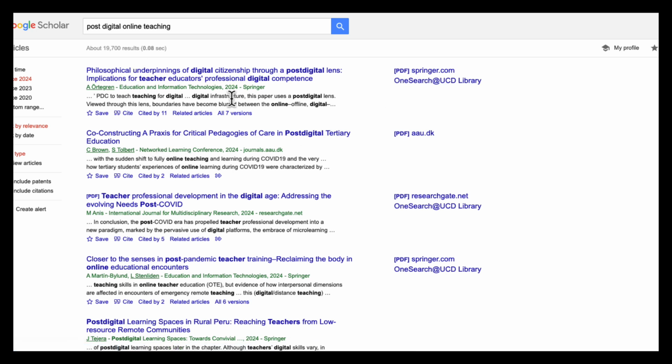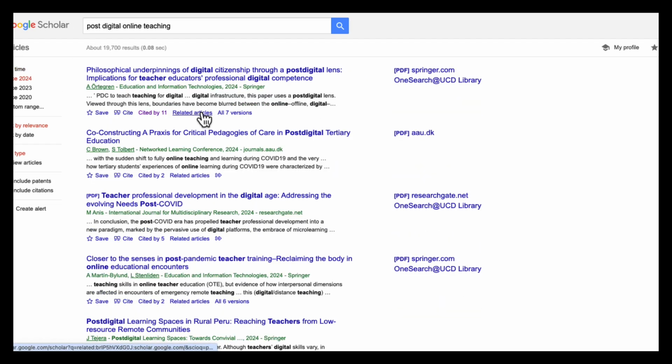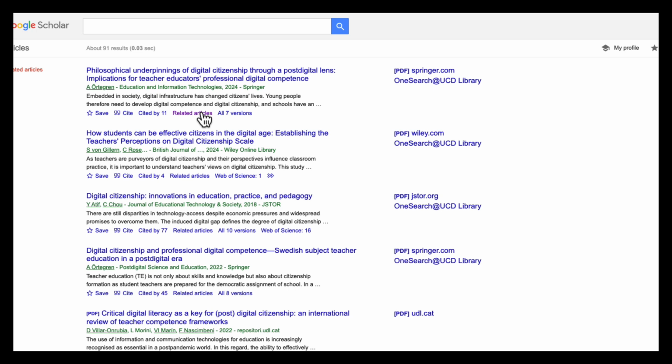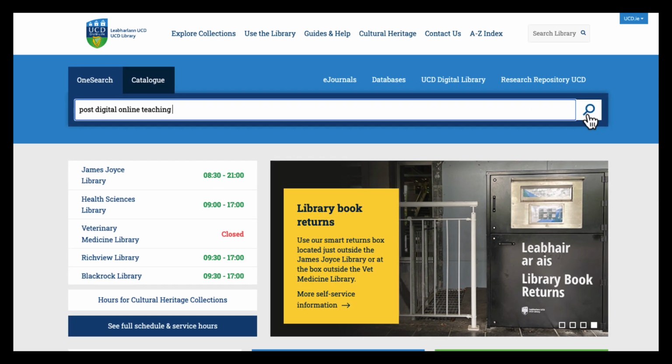Additionally, if you find an article that you like, let's say I like this first one here, there are in Google Scholar some great filter searches where you can see who cited this work. So that might lead you to others who are doing work in the same area. You can search for related articles, and this really helps to reduce that sort of overwhelmingness of the initial keyword search.